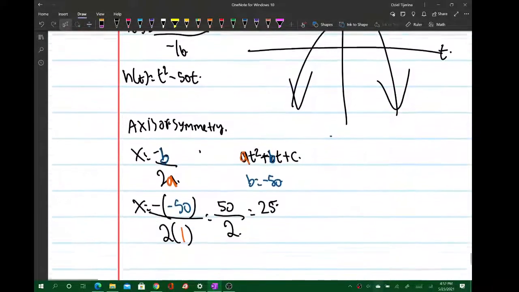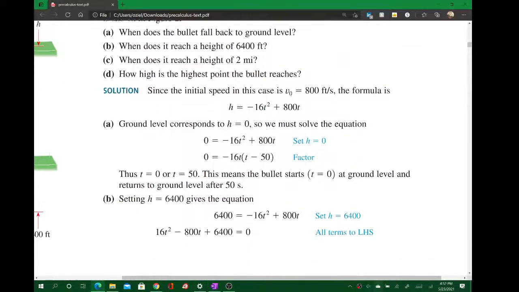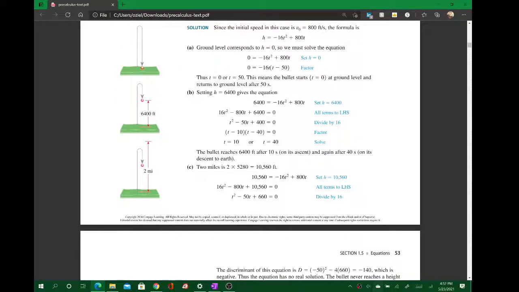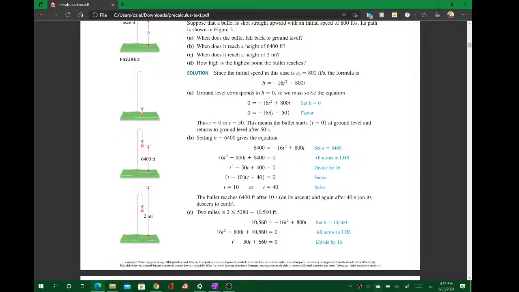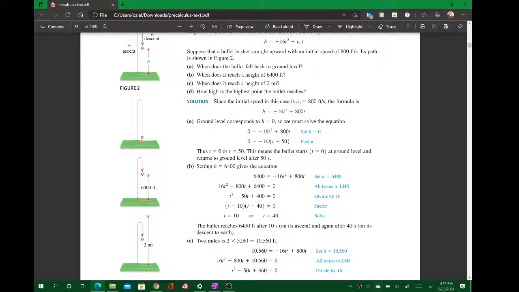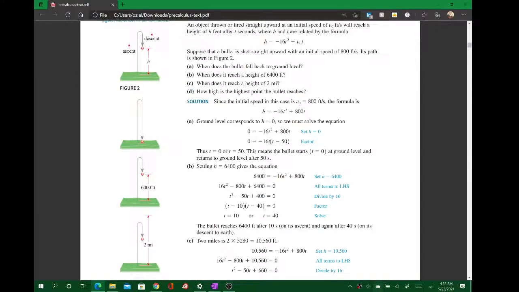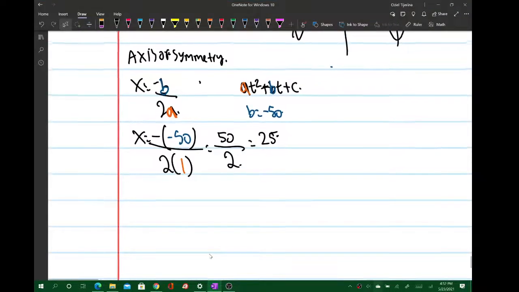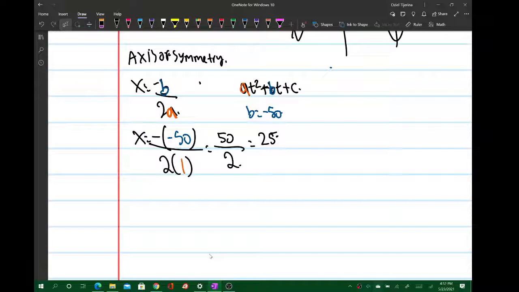And I am sure they would let you use a calculator for this one. In reality, these questions need to be answered in terms of the application. So even if you do get the answers with the calculator, you cannot just say that means the maximum is this; you have to put it in terms of the application. So x equals 25, and then